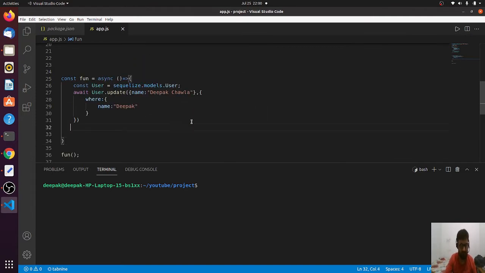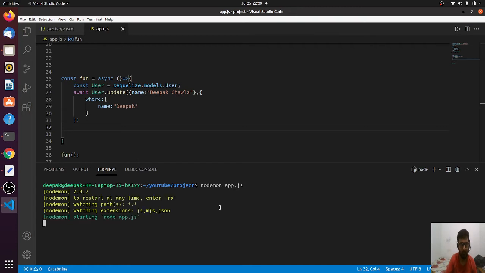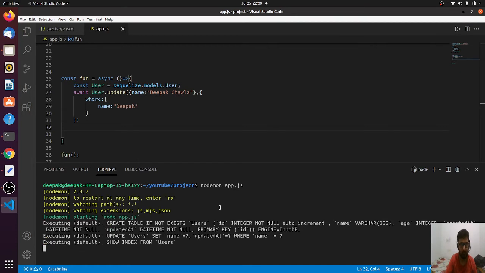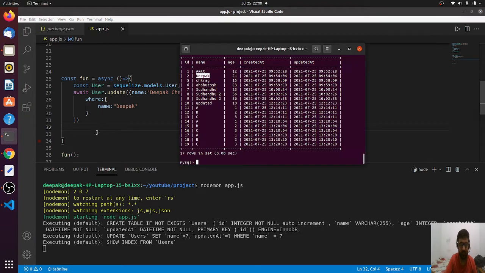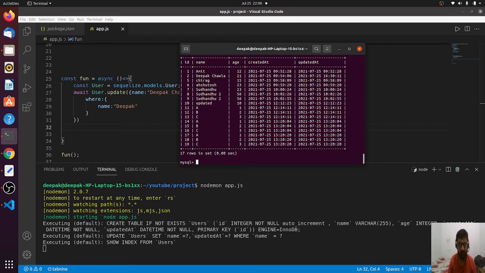Can we run this? Let me see the DB now. Right now the name is Deepak. Let's see what happened when this file ran. Now the name is updated to Deepak Chawla. So that's how you will do the update for any field.